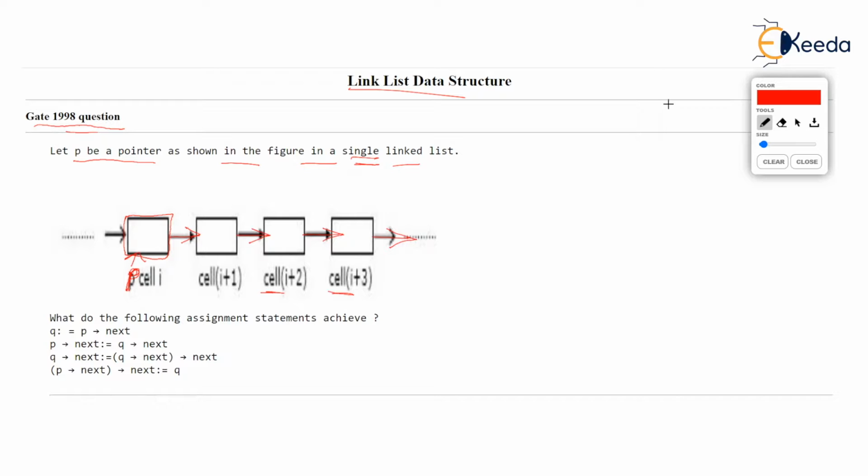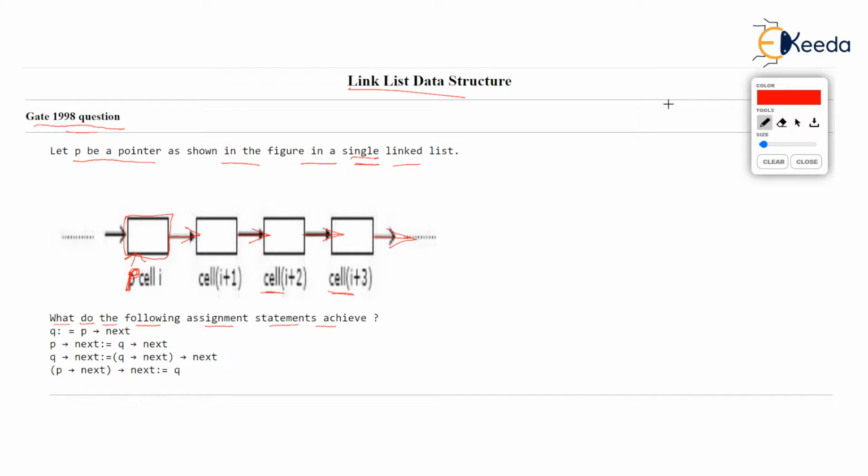Now they are asking what do the following assignment statements achieve? Remember in 1998, the question paper for GATE used to be subjective instead of objective. So you had to write in words what the statement means. Check Q is equal to P arrow next.